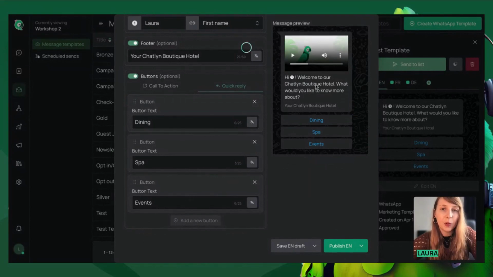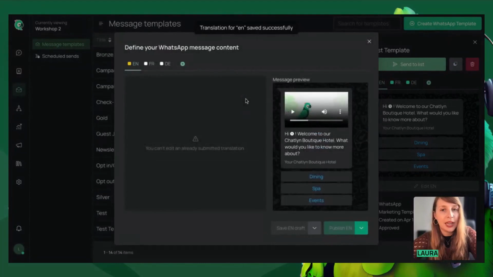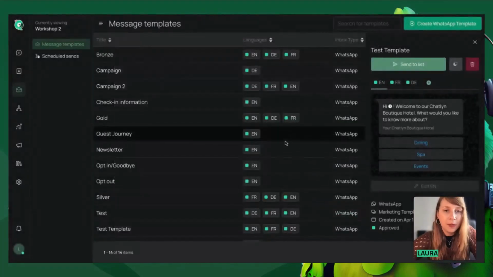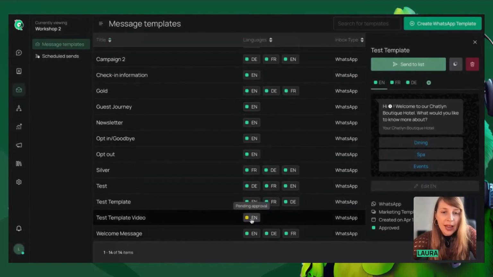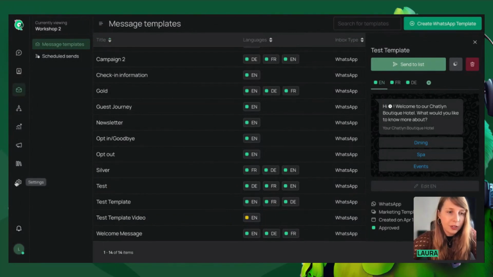So it's just loading now. Sometimes with the video, it can just take a little bit longer since it's just a slightly bigger message. And there you can see it's pending approval right now from Meta since they approve all the different templates. Okay, so before I show you a couple of examples, I just wanted to also show you in the